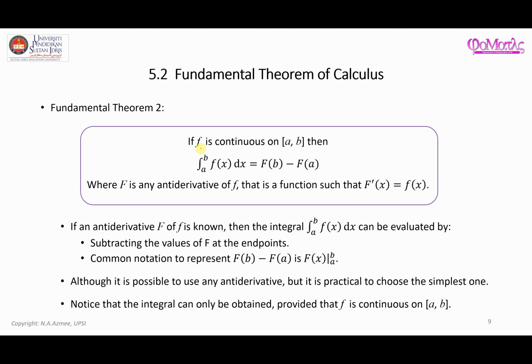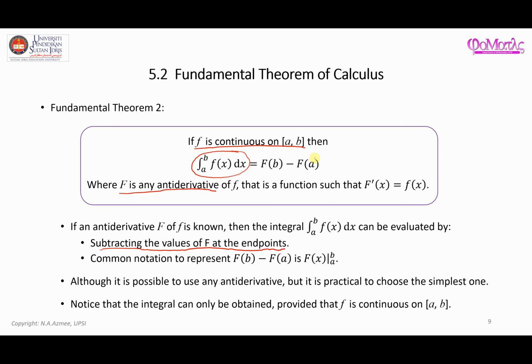So let's say f is continuous on this interval a and b. Therefore, if you want to evaluate this integral of f(x) from point a to b, that can be easily found if you know the antiderivative, which is the big F here. And if you know the antiderivative, you can just evaluate that by subtracting the values of F at the endpoints. For example, you substitute b into the big F function, and then you subtract that